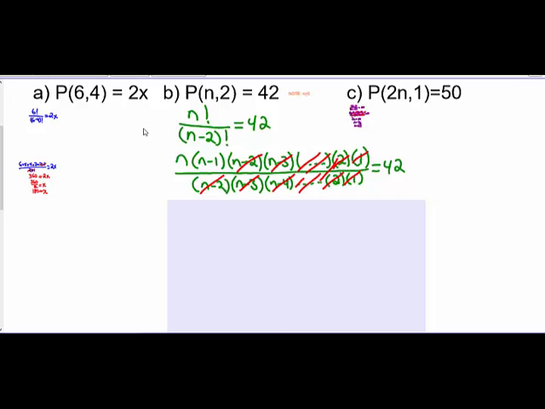Okay, so if 6 factorial was 6 times 5 times 4, each of those numbers is 1 smaller than the previous. Same sort of thing here. n is whatever value it happens to hold, and then n minus 1 is 1 number smaller, n minus 2 is 2 numbers smaller, and so on. n minus 2 factorial is our starting point here. And then 1 smaller than that is n minus 3, and then n minus 4, and so on. Now, not knowing exactly what those values are,